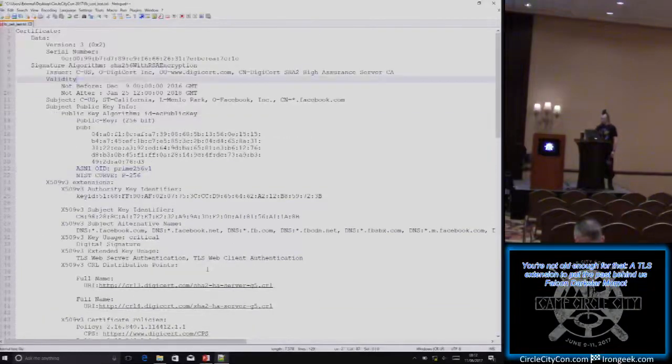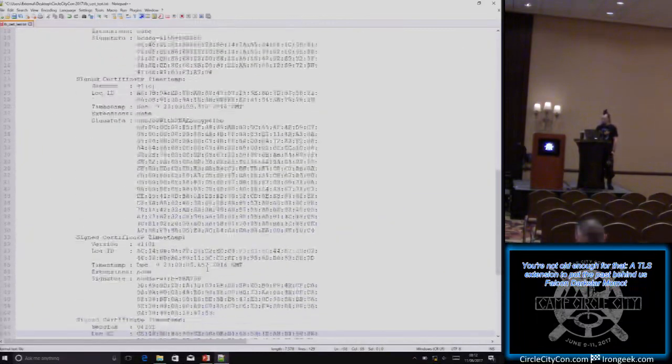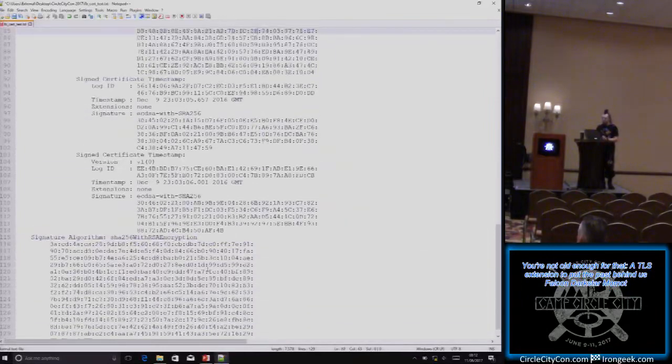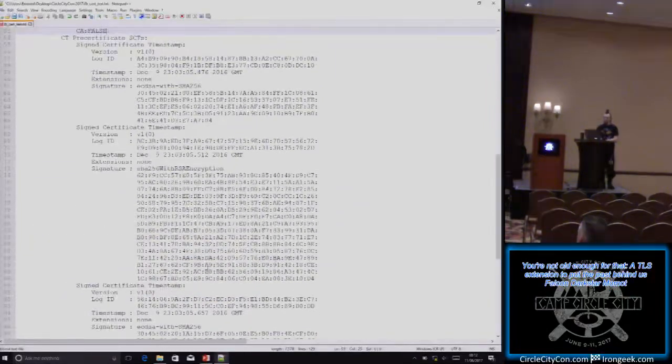All of these things, from the subject down to which extensions it supports, which CA signed it, the key for the subject, all of the various websites that this is for, the key usage, all of these things are signed by the signature blob at the very bottom, which then is encrypted by RSA into the certificate, and that is how they are verified. You check the RSA signature from the CA certificate over this SHA-256 blob, and you know that it's real. So that gives us a very strong cryptographic assertion that is rooted at the time that the website is set up. And this is very important.